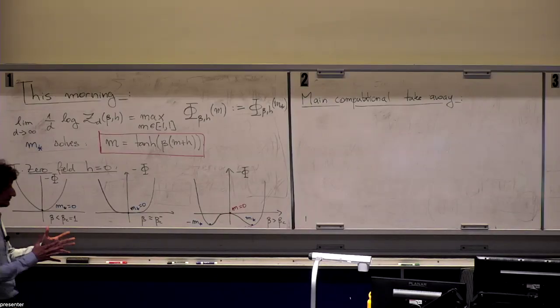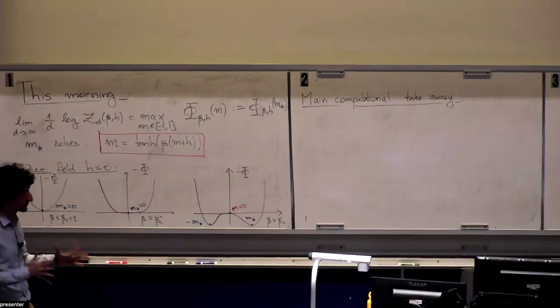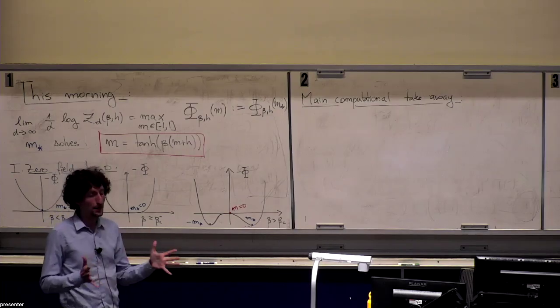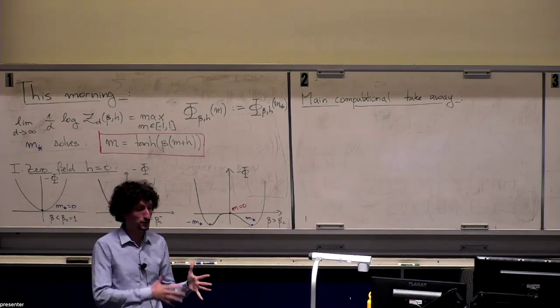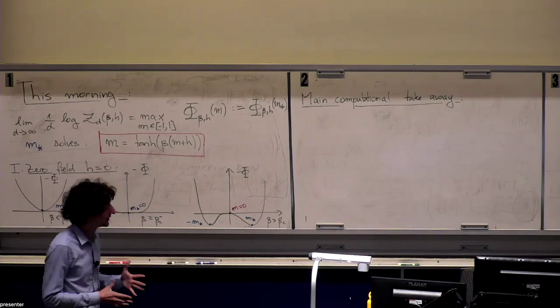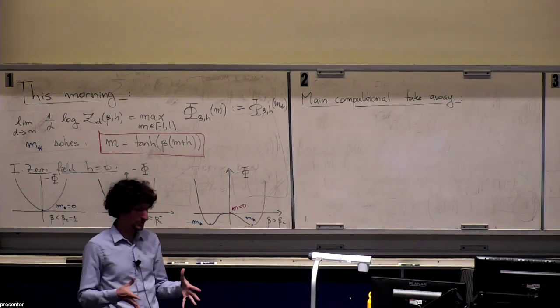Let's go back a little bit and think at a high level about what we're doing. We introduced this probability distribution over the hypercube. The total number of configurations is exponential in the dimension, so 2 to the power d. So we introduced this measure, and it is a very high dimensional measure.